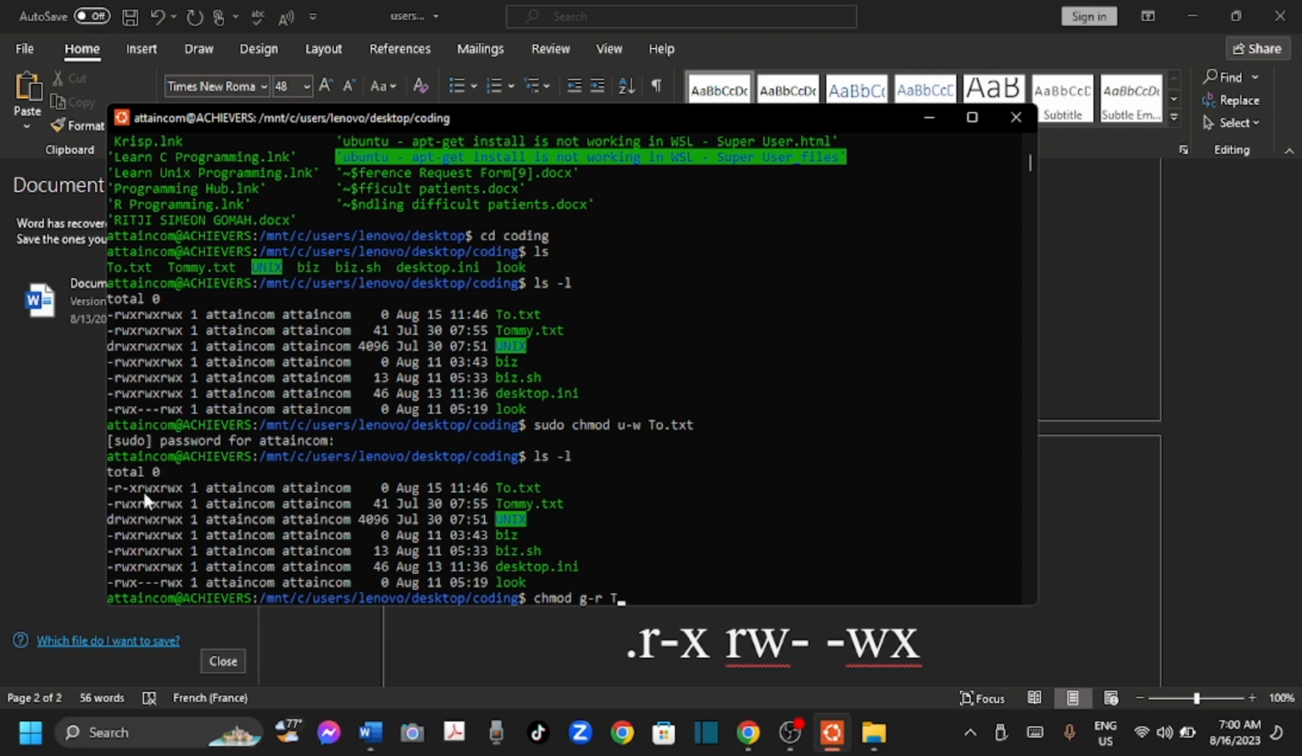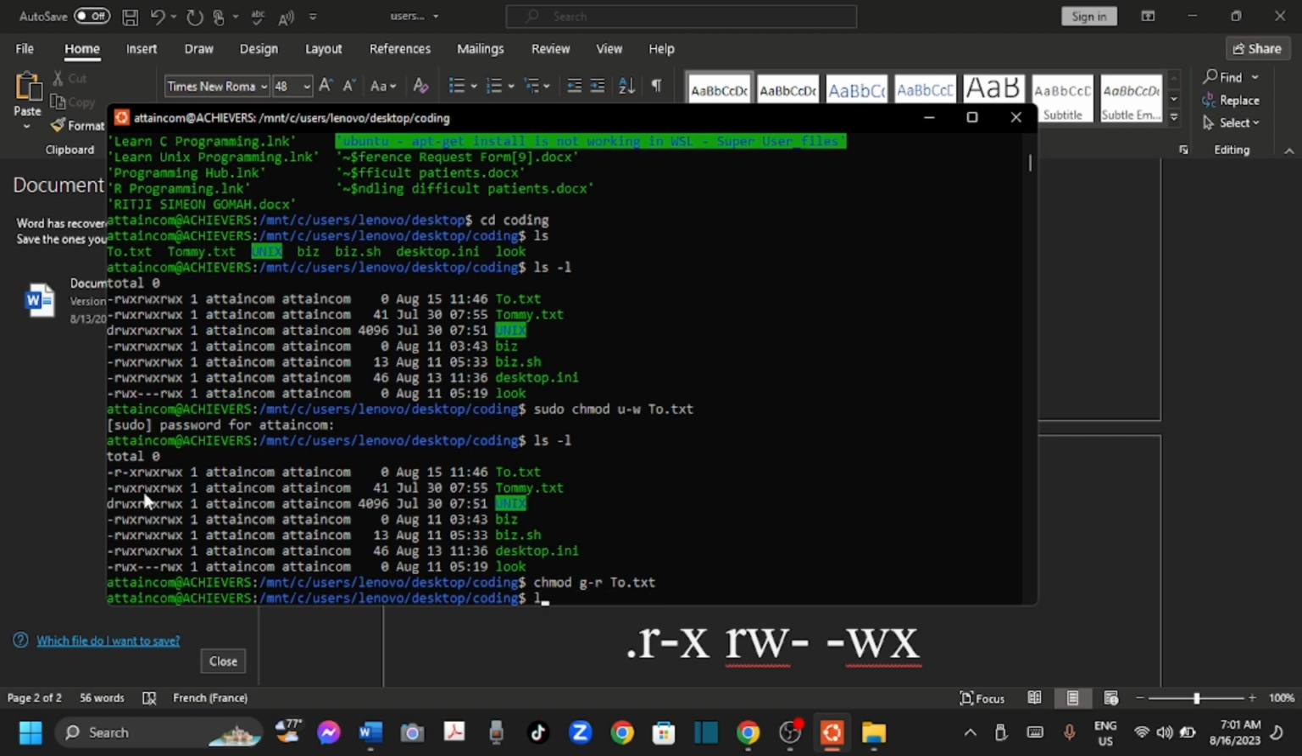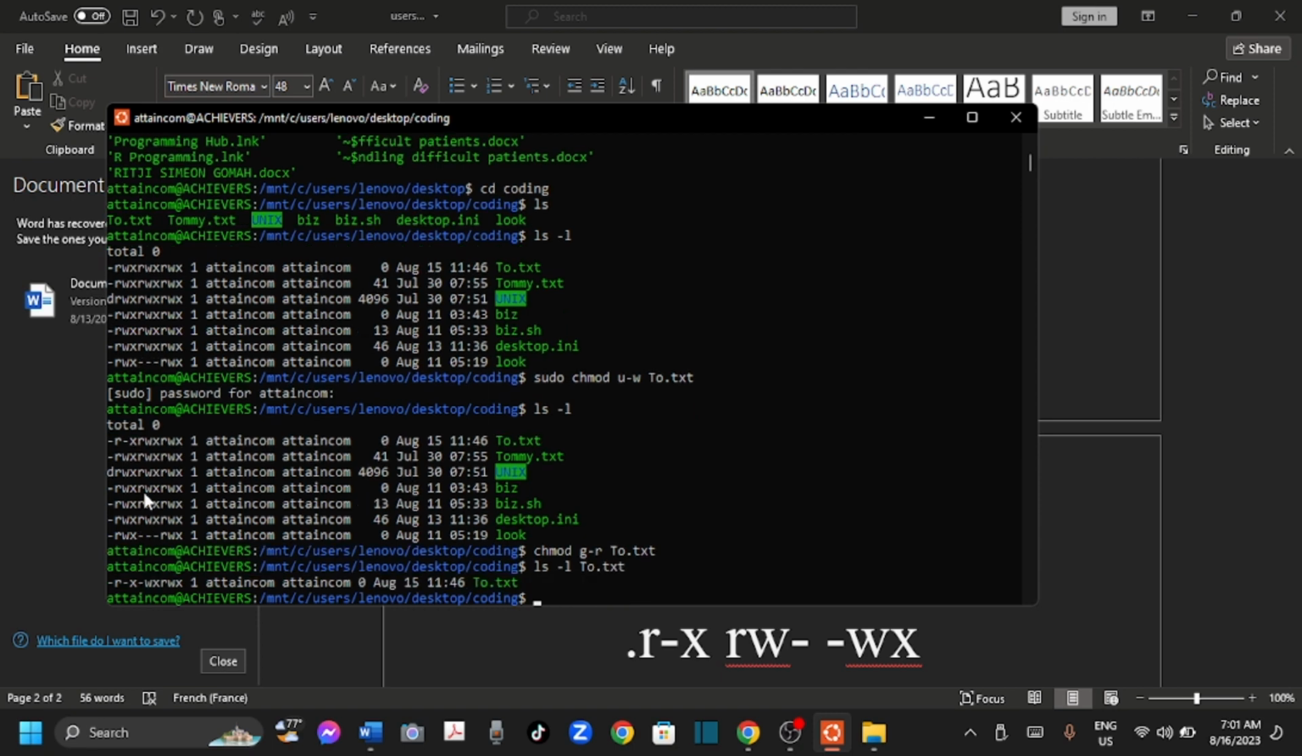Okay, so just yes. So now let's check our file. As you can see also, we deprived the group the opportunity to write. Now let's do another thing: let's deprive the others the opportunity to execute this